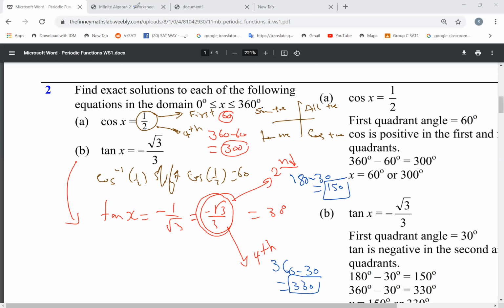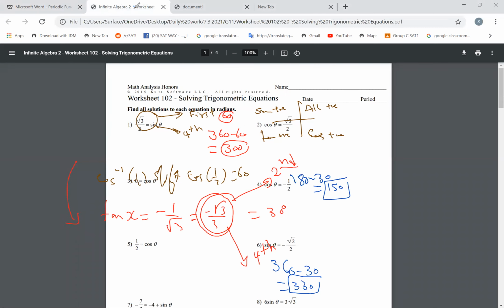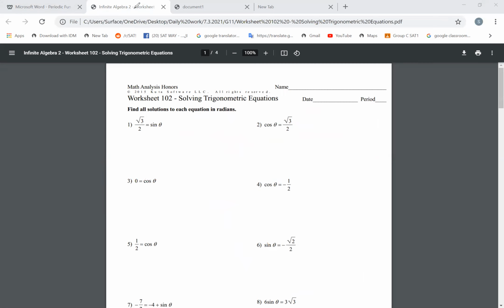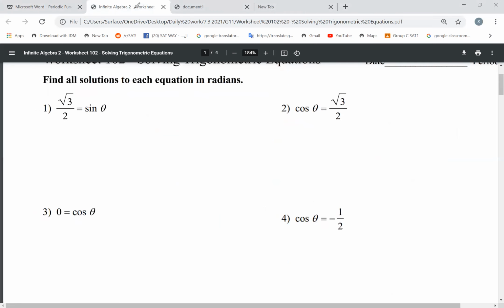I'll give you more harder examples. Okay, look. Number 1 says sin theta equals root 3 over 2. Sin is positive, so this angle must be in the first